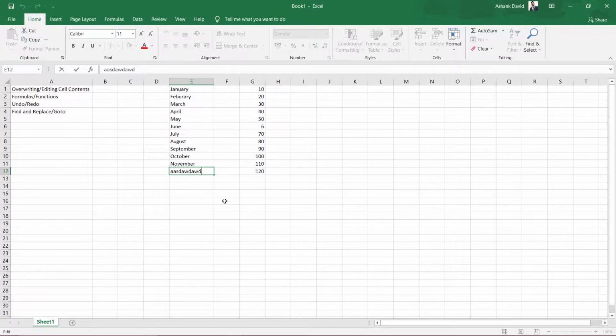Your cursor will start blinking on that cell, and then you can type anything you want on that cell, and if you press enter, then that cell will be finalized. So this way you can edit your cell. With a mouse you can double click onto that cell, or if you don't have a mouse, you can navigate through the keyboard and press F2, and your cursor will start blinking.